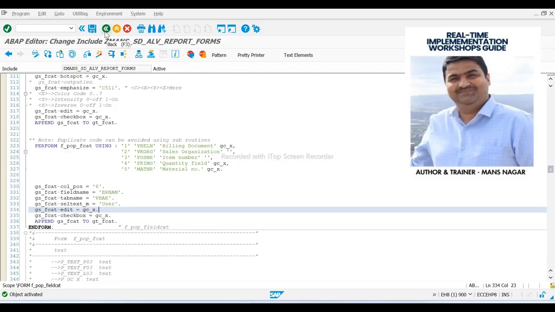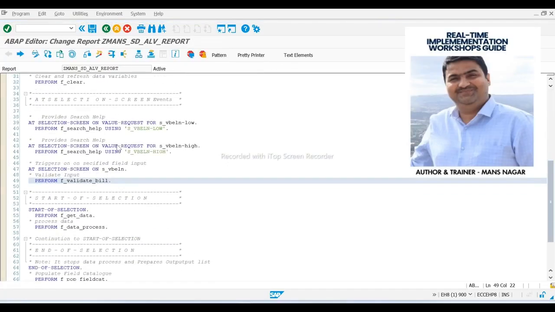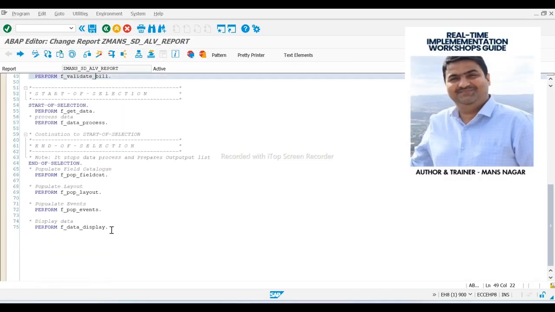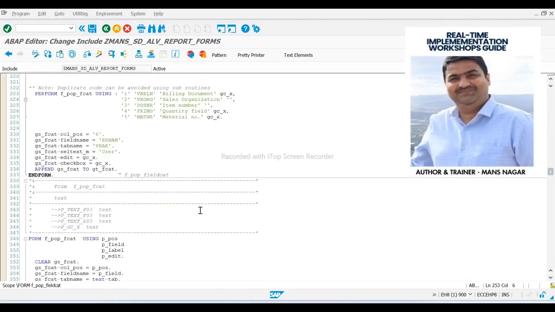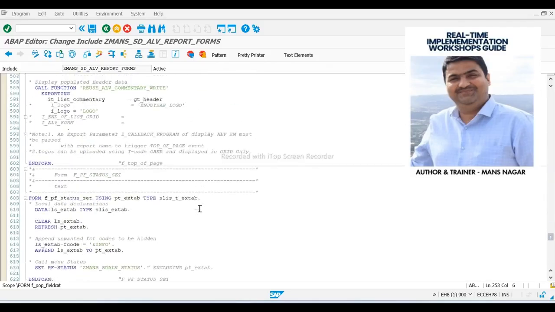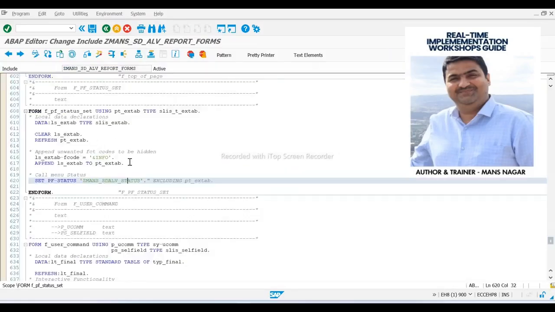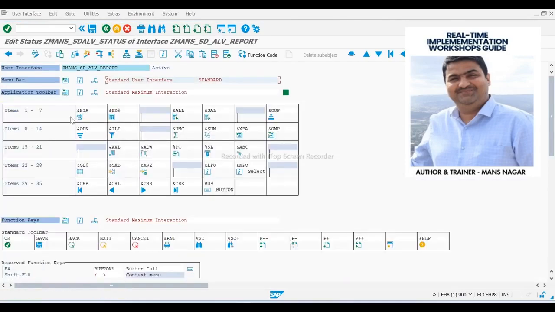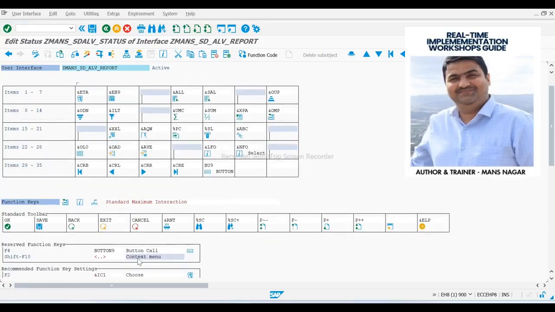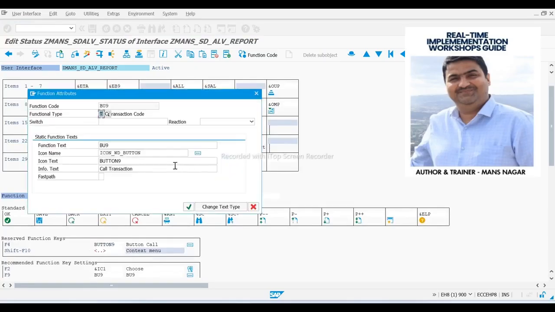Now, for an example, another example I will give you here. Suppose here I write the code for the button, which is one event. This is the menu, which we design, where we put the button. The technical name of the button is BUTT19. I defined here one BU9. This is the FCT code. FCT code means the technical name of the button, because